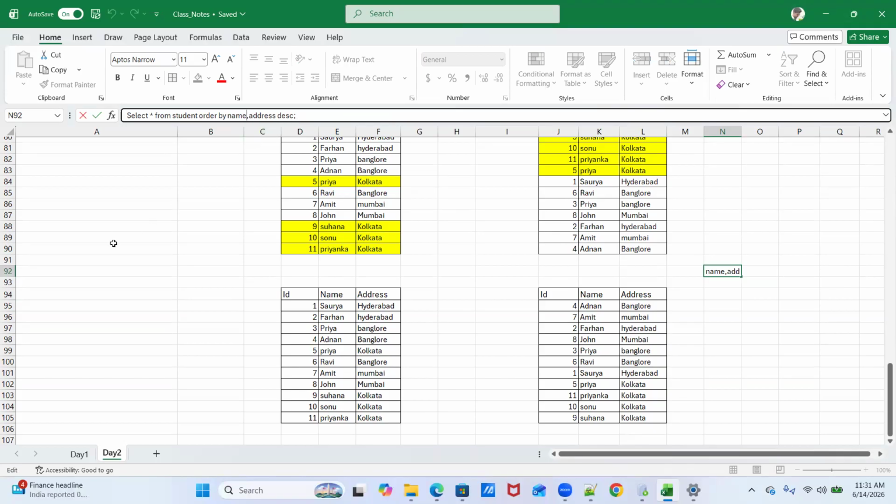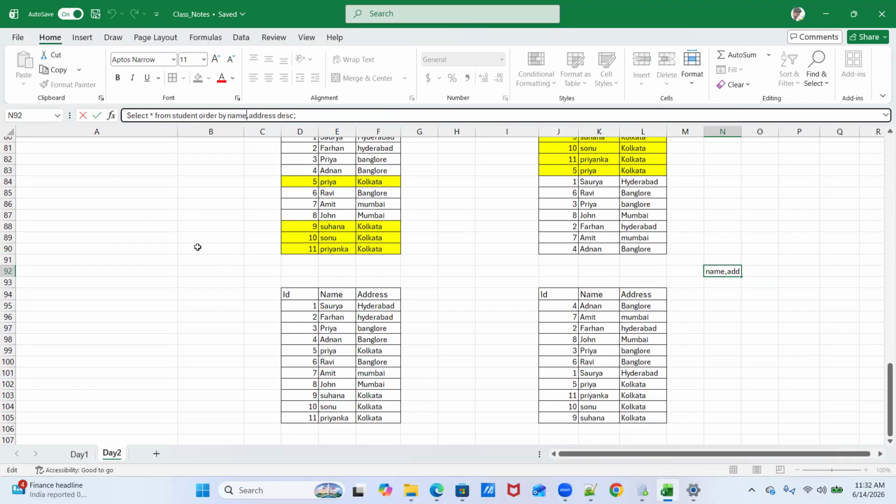In a similar way in maths, if you're not putting anything before any number, then by default it is plus.